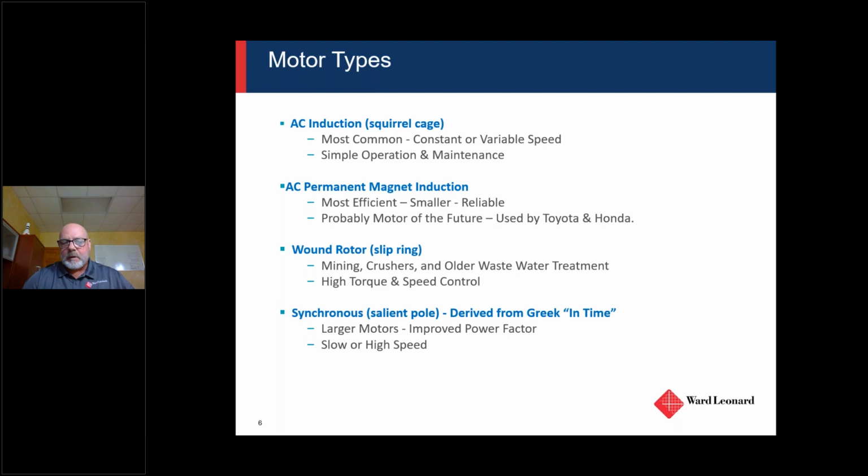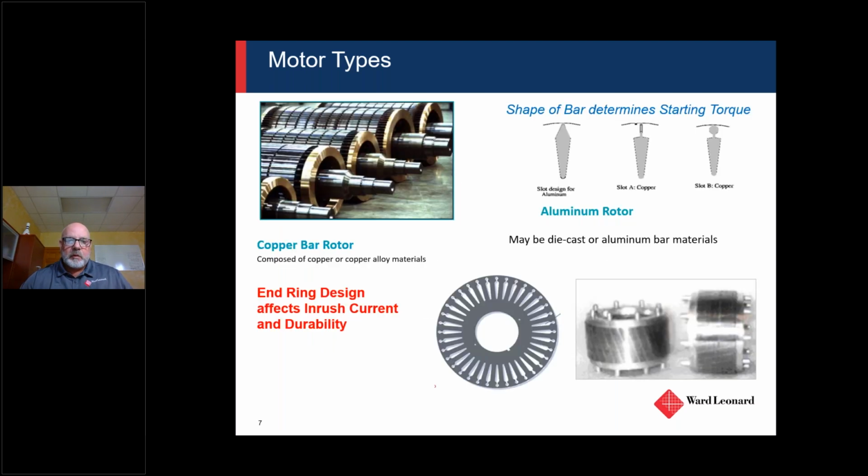We could help you with that, right? That's where Dan comes in, and he can look at your application, talk through it, and give you a best case scenario as to how to move forward. Right. So moving on. When we talk about the different motor types,